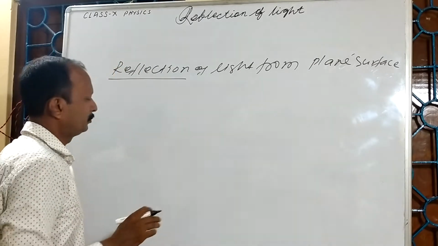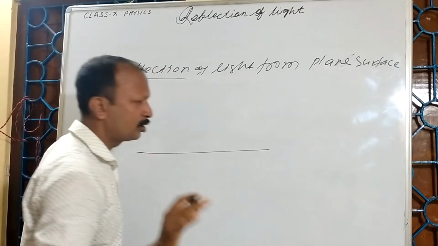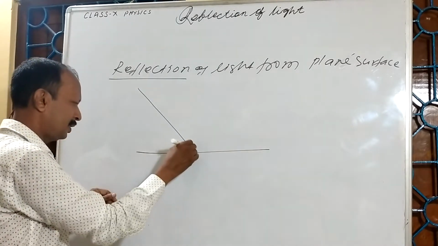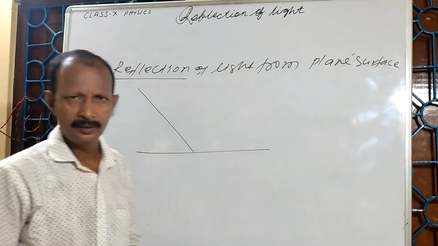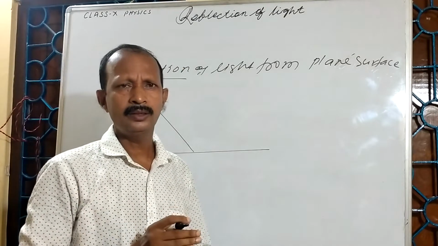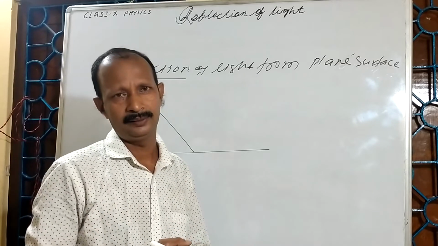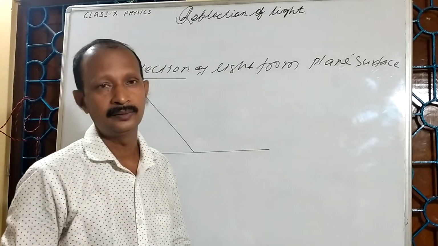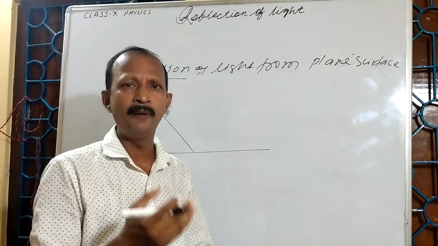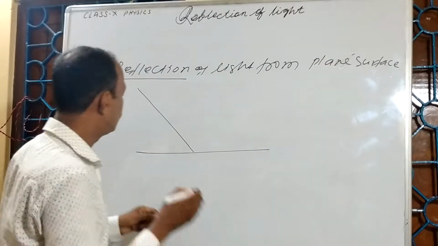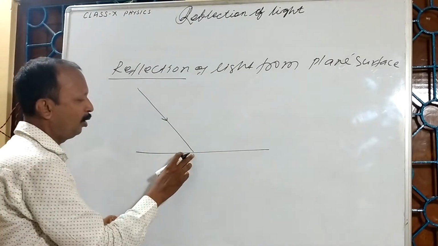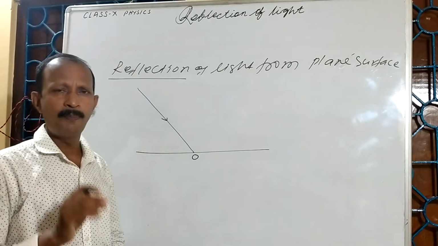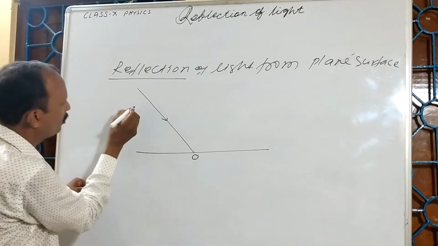Suppose this is a smooth surface, a plane surface. One light ray came like this. You know what a light ray is? A very thin way along which light travels. The path along which light travels, we say light ray. A group of light rays, we say beam of light. So this is a ray of light. Suppose it is incident at this point O. This point is called the point of incidence. This one we say